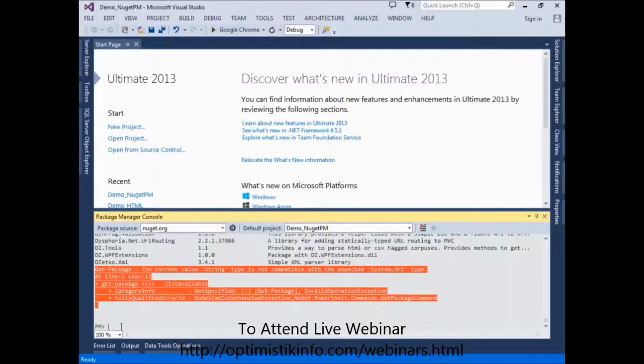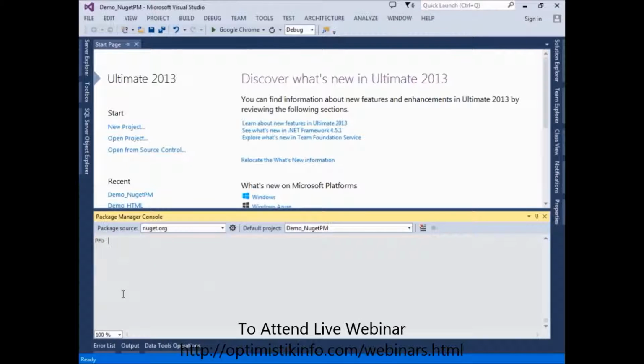Now see here, to clear the screen in the Package Manager Console, we can use CLS. Now see, I want to install a package called Entity Framework by using the Package Manager Console. So how can we install it? You just need to type a command,